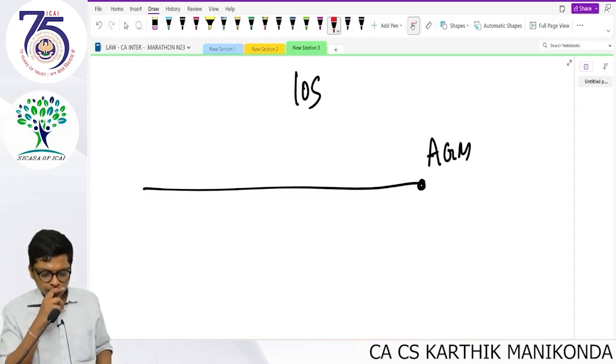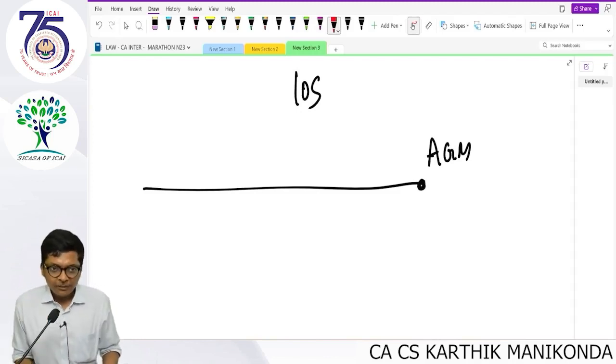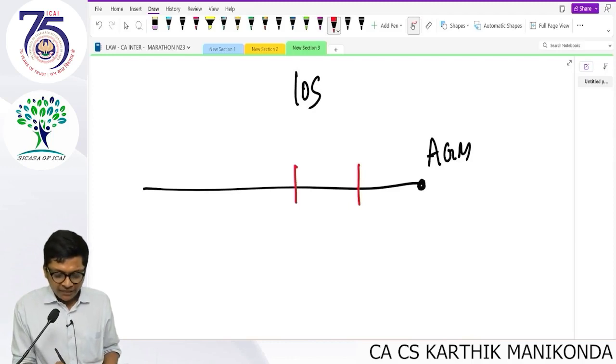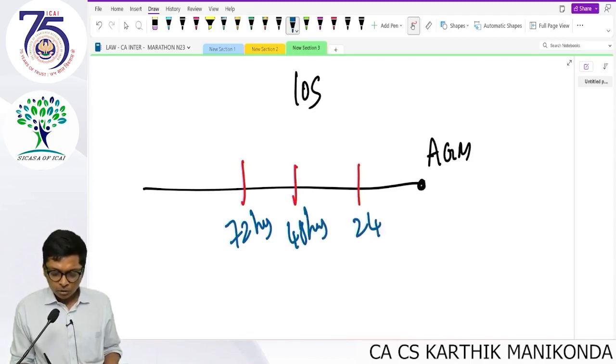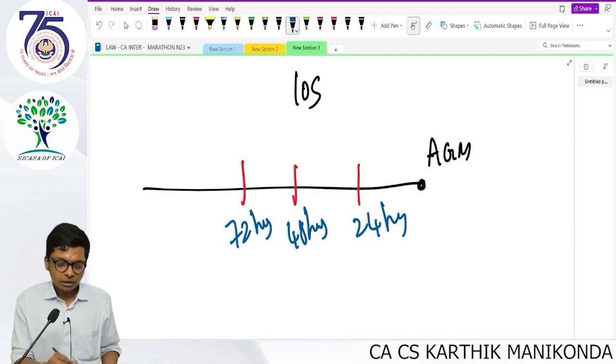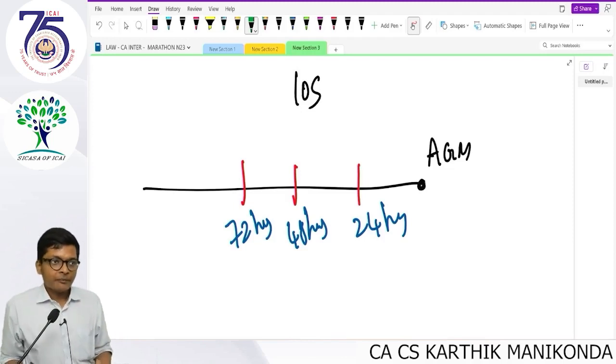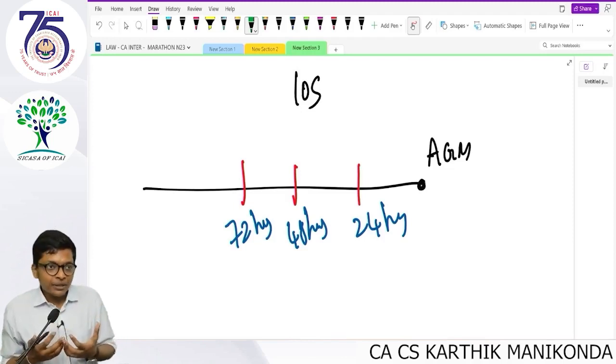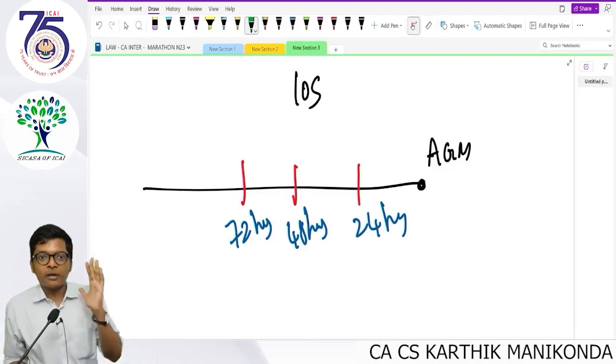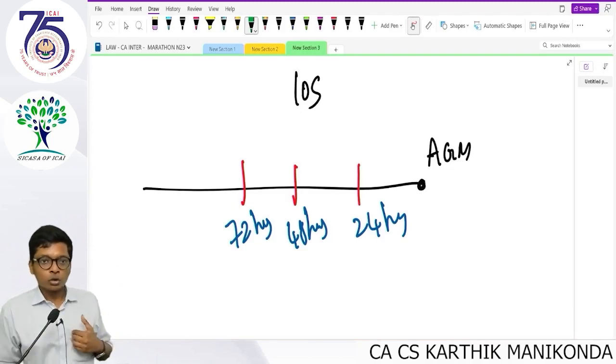Fine. Follow the AGM. From the date of the AGM, for proxy we have 3 timelines: 72 hours, 48 hours, 24 hours. What does each of these represent? If you want to inspect who the other proxies are, why do you want to know who the proxies are? When I come to the AGM, I will sit with the members, not with proxies. Only members can vote. So, if you want to inspect who the other proxies are,